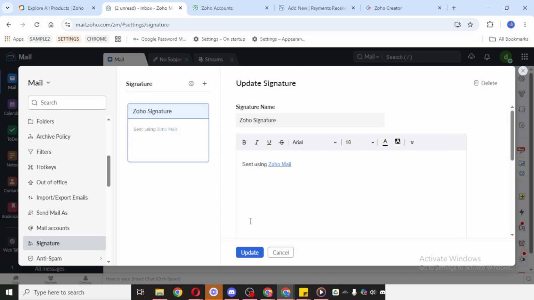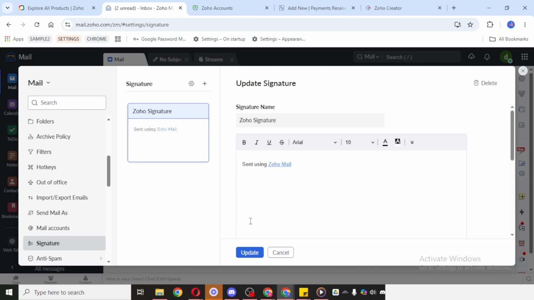Keep it clean and easy to read so your emails look polished rather than cluttered. If formatting tools are available, you can also adjust the style to make it match your brand or personal preference. As you enter your footer, it's a good idea to quickly review everything for spelling, spacing, and layout. Since this signature may appear on every email you send, even small formatting issues can become noticeable over time. A simple, well-organized signature usually works best.